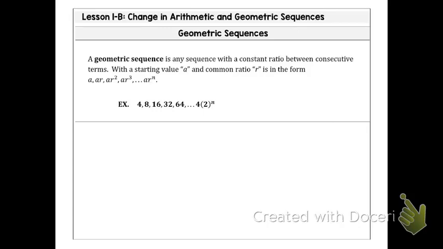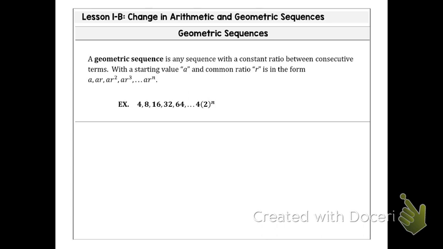Okay, 1B, change in arithmetic and geometric sequences. So a geometric sequence is any sequence with a constant ratio between consecutive terms. With a starting value A and a common ratio R, it is in the form of A, A times R, A times R squared, A times R cubed, and it keeps going to A times R raised to the n. So in examples like 4, 8, 16, 32, 64, we can see that the starting value,